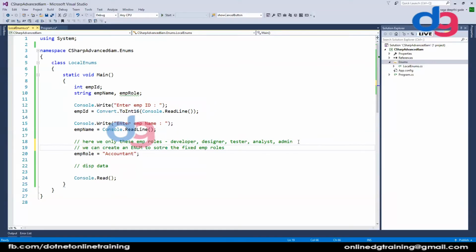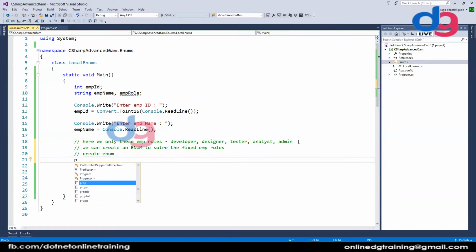Or let us suppose you are applying for a job, they have a qualification like BTech or some degree, graduation or something like that. So for the job application, the education qualification is fixed. Yours can be one of them, but not outside of them. So here also we have fixed roles. For those fixed roles, I am creating an enum. So let's create enum.